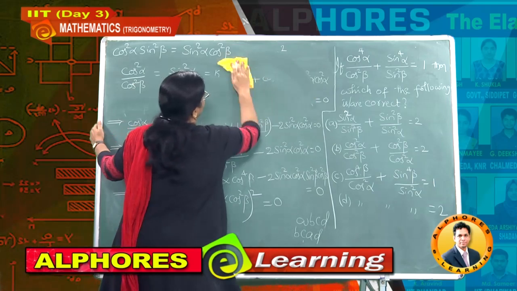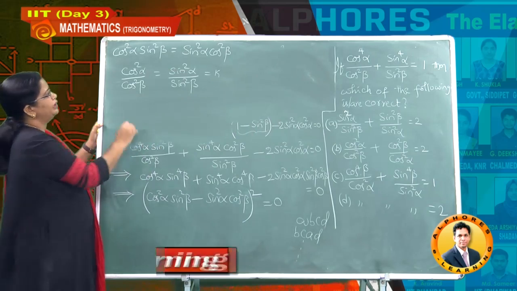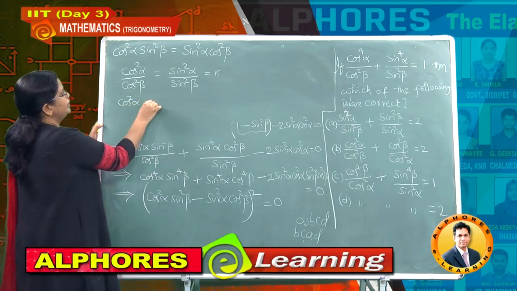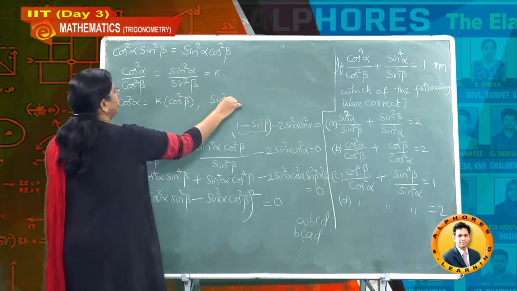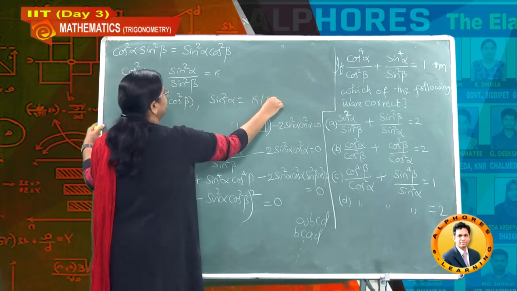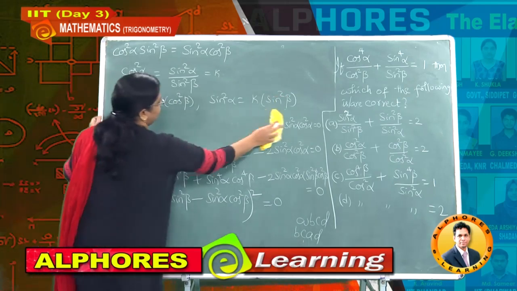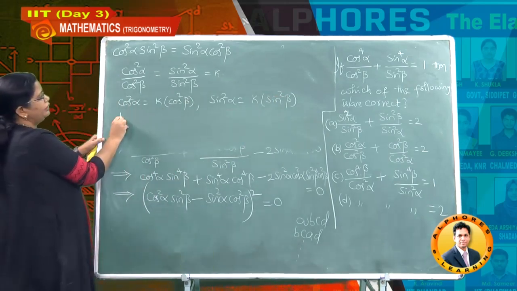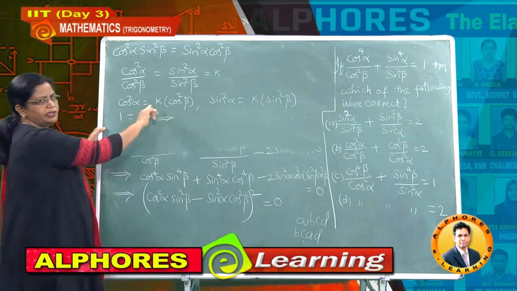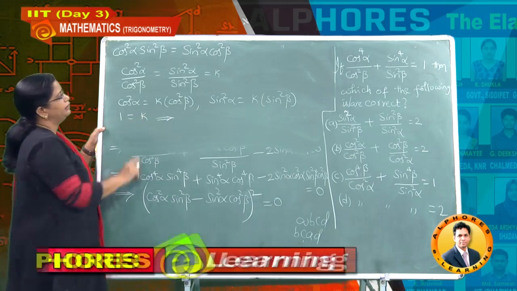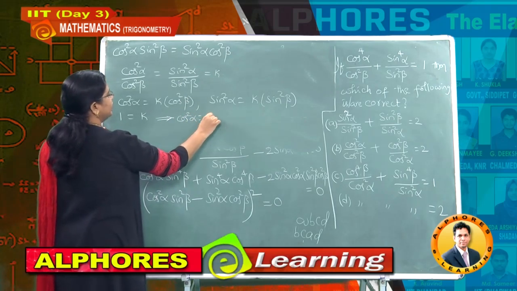After that, if I write this value again, because k is our assumption, we have to eliminate k. Now cos square alpha is k times cos square beta, and next sin square alpha equal to k times sin square beta. Now let us add these two values. If you add these two values, what is happening here? I will get 1 equal to k, got it? That implies, finally after addition of these two, you got k is 1, that implies cos square alpha equal to how much, dear? It is cos square beta.